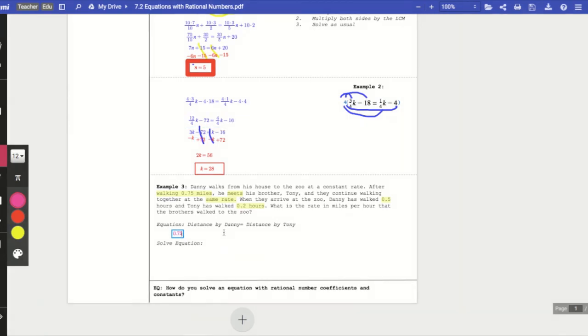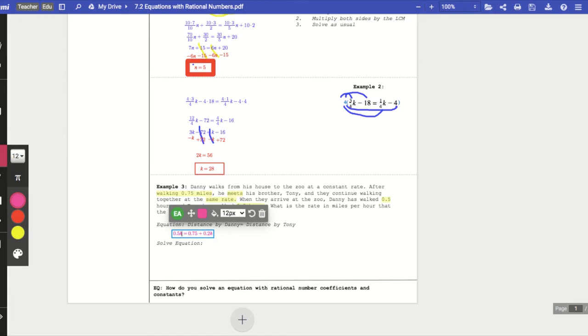So like I said, Danny has already walked 0.75 more than Tony. So actually, that's backwards. We're going to have Tony be equal to 0.75, and then Tony's rate is 0.2 hours. So we'll just put plus 0.2h, because that kind of represents what Tony did. And then Danny's on the other side. Danny just walked for 0.5 miles per hour each time. All right, so our equation that we're looking at is 0.5h